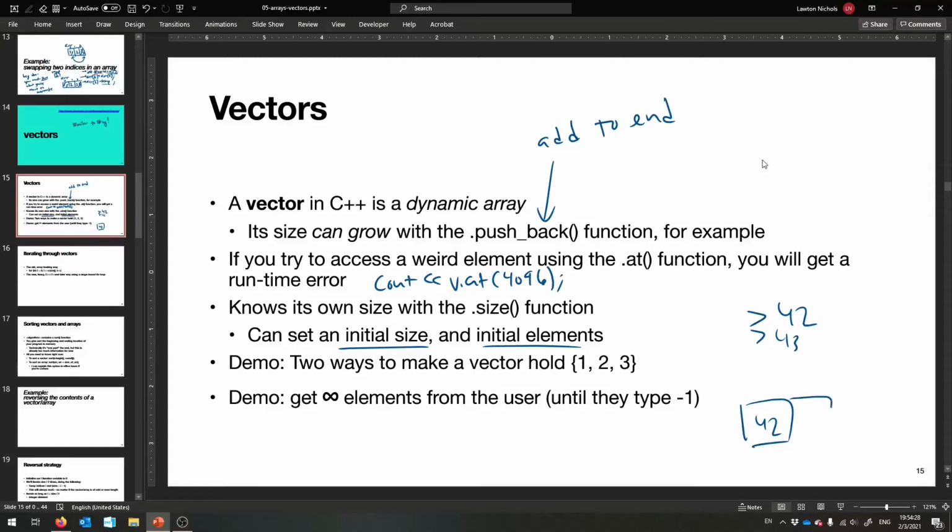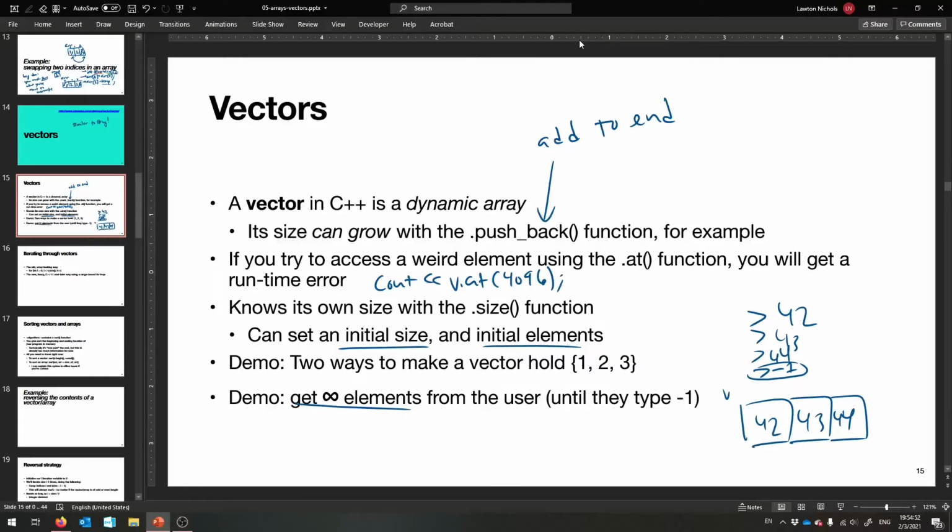43. Oh, okay, I'll just add another thing to my vector. This is v. 43. Okay, enter another thing, user. 44. Ooh, sure, I'll just push it back. Now I have a size 3 vector. And we're just building it up one by one. And then we can say -1, I'm done, and that will stop our getting of